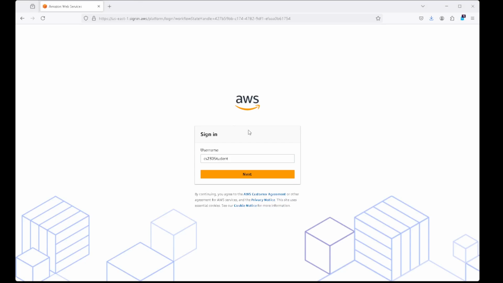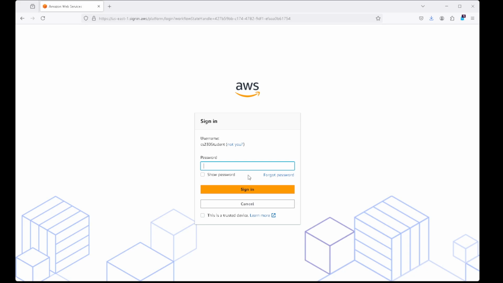Going to walk you through logging in and creating an instance. You have your own login. I'm using a generic login I've created. I have a password that I've saved. When you first log in, it probably will ask you to update your password from the one that was initially